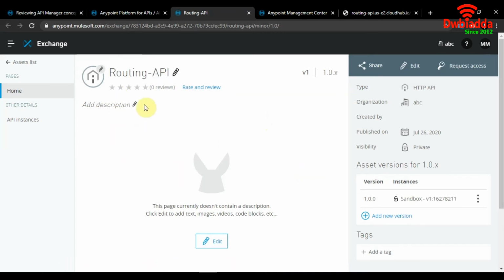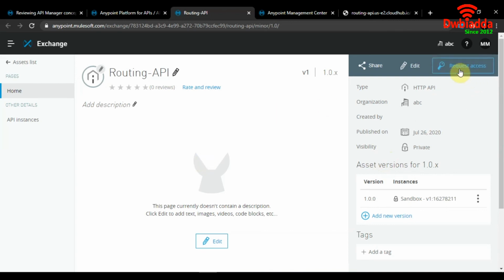So Exchange is another interesting feature of MuleSoft Anypoint platform. Anypoint Exchange helps us to create API developer portals, view and test APIs, and we can publish APIs that we've created to Exchange for viewing by our peers. We can make it either private or public. If it is private, it will be only shared within our organization, and if it is public, anyone on the portal can view it. So it's a great tool for sharing and discovering APIs. So let's try to request access for our routing API.